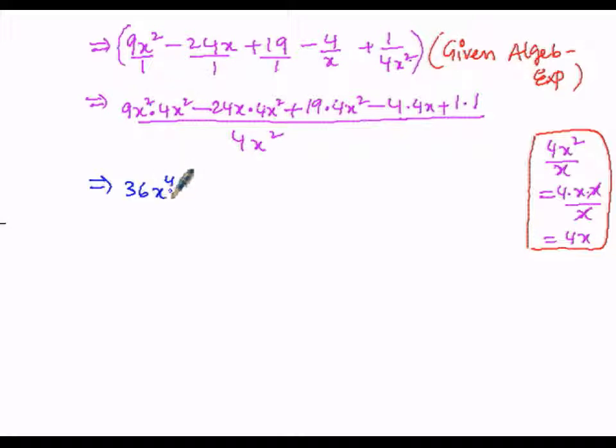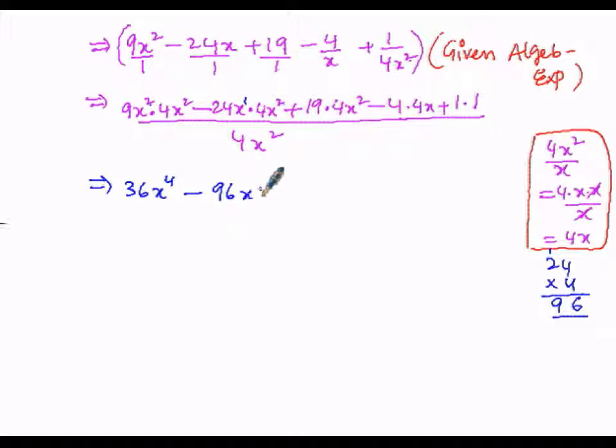So here I utilize the product law: a power m into a power n is equal to a power m plus n, that is 2 plus 2 is 4. Minus, here the exponent is 1, so 1 plus 2 is 3. Now 24 4s are, so we have to multiply 24 into 4. 4 4s are 16 with carry 1. 4 2s are 8 and 1 is 9. So here 96, x to the power of 1 into x to the power of 2.